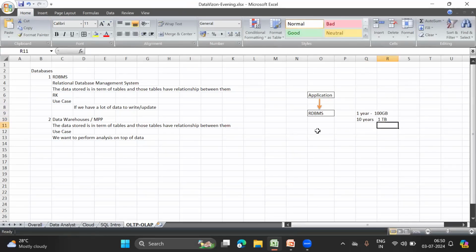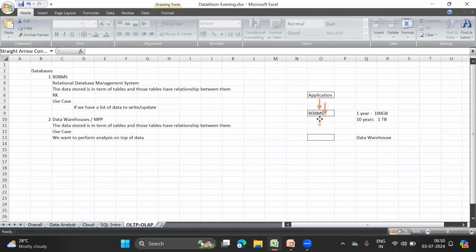Now, I want to analyze some information from this database, but I do not want to do analysis on this 10 years of data. I just want to analyze the information for the last 1 year only. I do not want all this information. So I will use another type of database, which is a data warehouse, and I will take only specific data from my RDBMS.